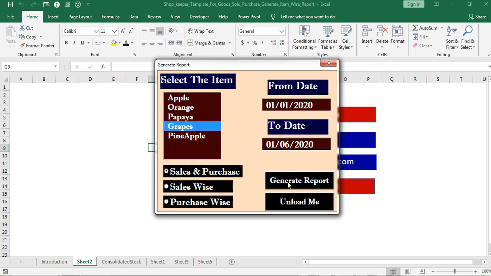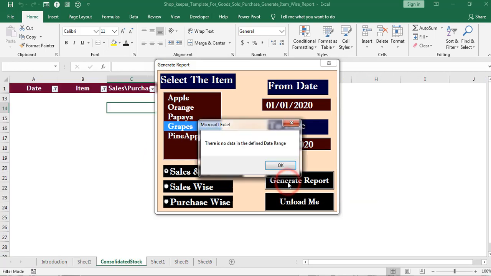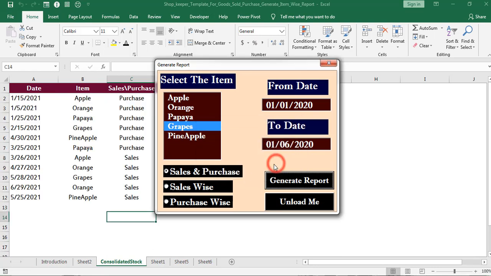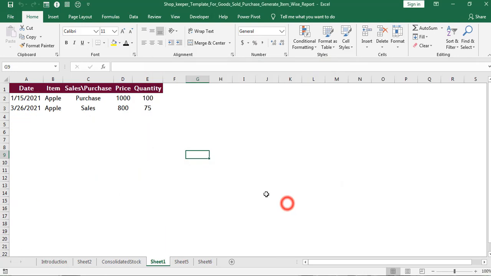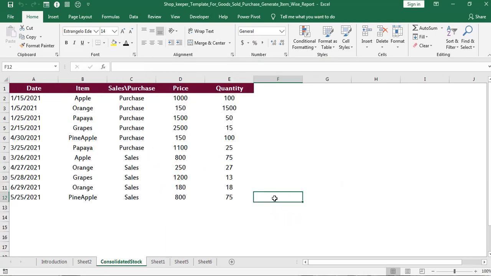Click on generate report. The application returned a message that there is no data in the defined date range. Click on OK. Click on unload me. In this way we can validate the data to ensure whether records exist or not in the defined range.